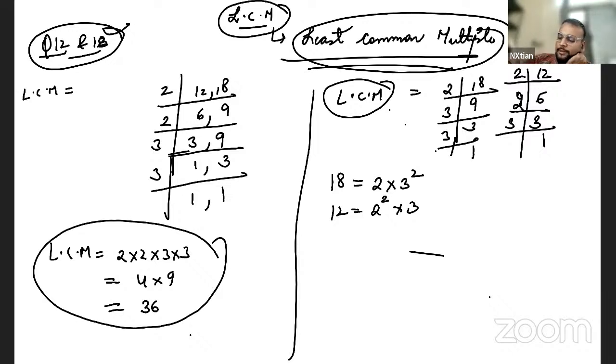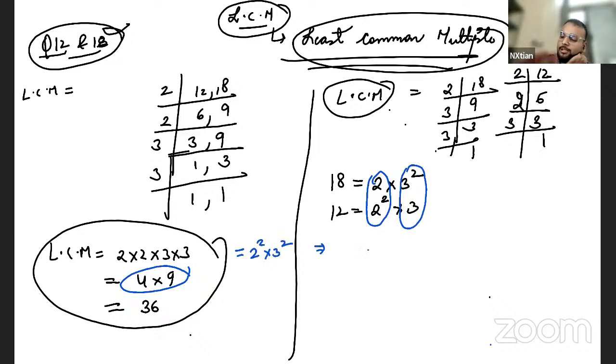Okay. So if I compare this now, this is common and this is also common. So I'm getting the answer here: 2 to the power of 2 into 3 to the power of 2, and this is basically the LCM. So what does this mean? This means that LCM means